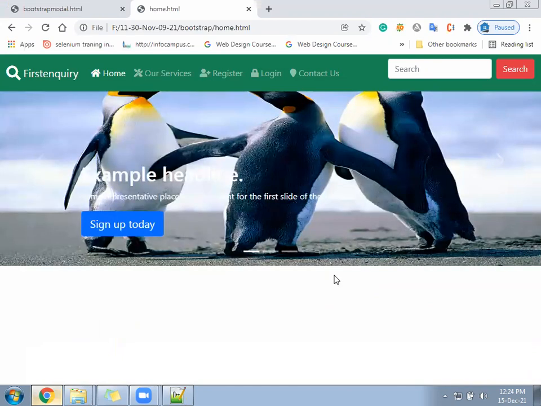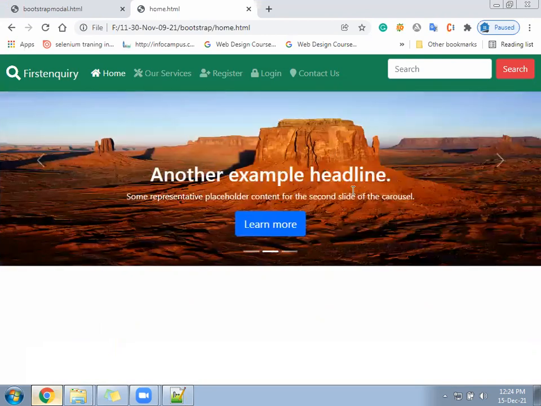Okay, clear, something like this. Next, you can see some portion of this banner is hiding inside the navigation. When we went through the CSS, we saw a property called position fixed. How was it? It was hanging on the top and the content will scroll inside. This is also the same. See how to identify.